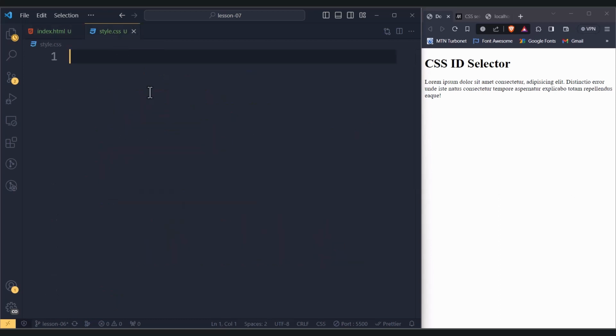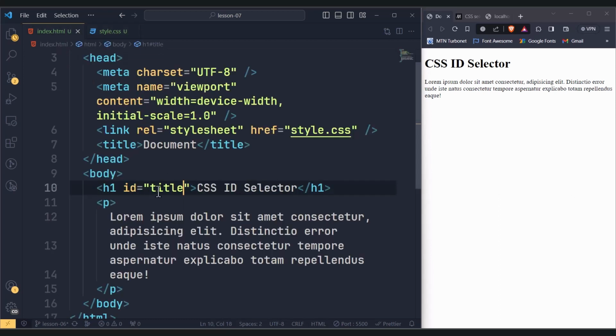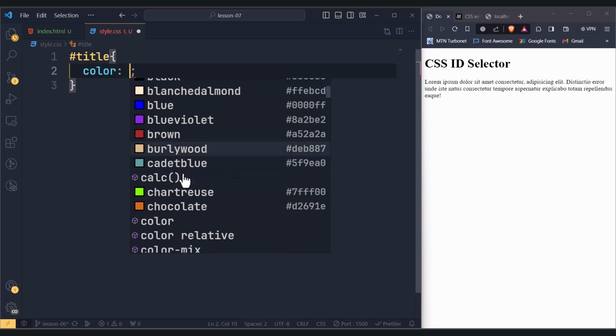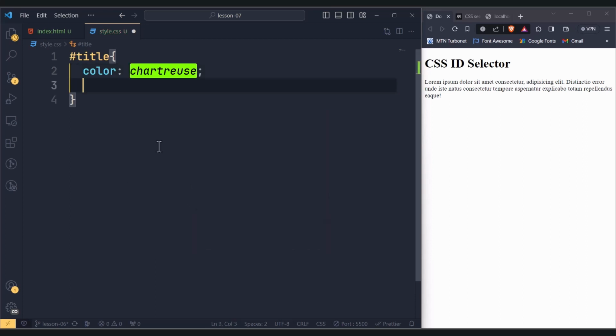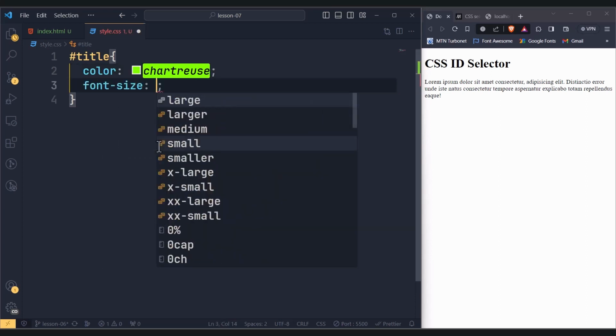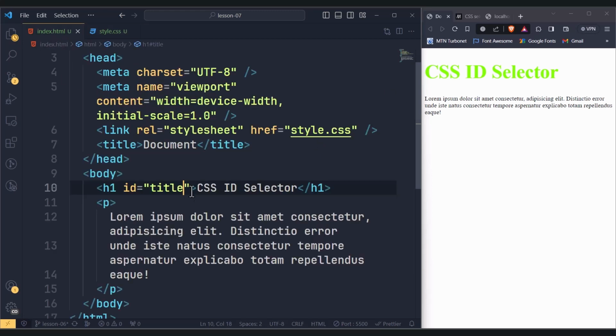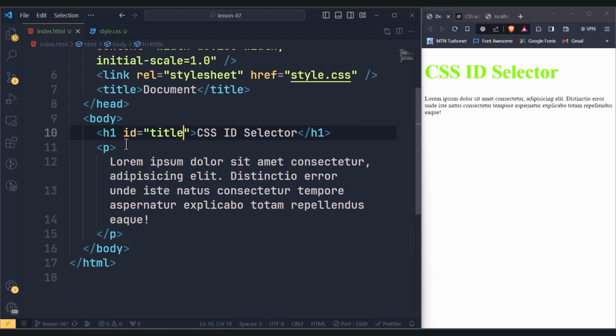And then in my CSS, in order to select this h1 element based on its ID attribute, we write the hash symbol and then the name of the ID attribute. And then in curly brackets, we put in our CSS styles. So I'll just change the color. I'll select one of these random colors here and then increase the font size to, let's say, 50 pixels and then save. So by so doing, these styles have been applied to the h1 element. So this is how we can select an HTML element in CSS based on its ID